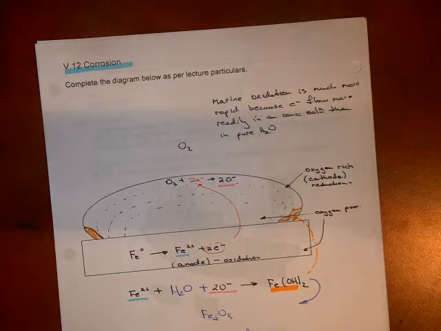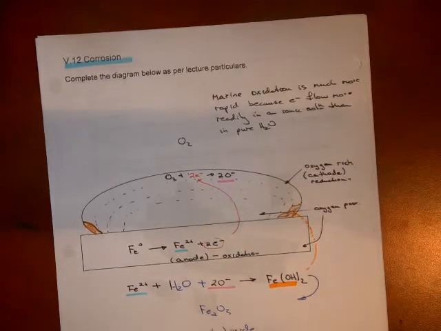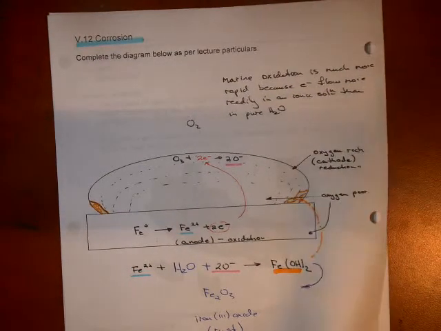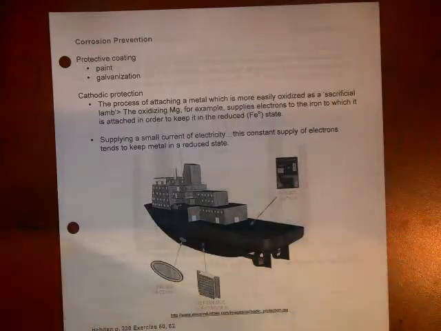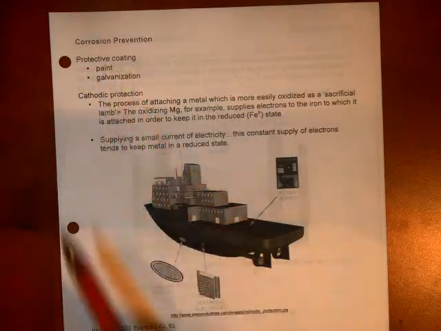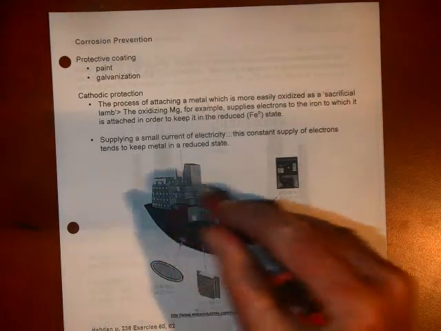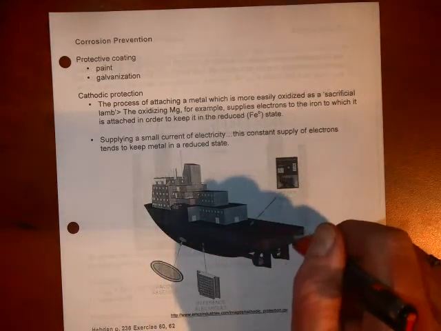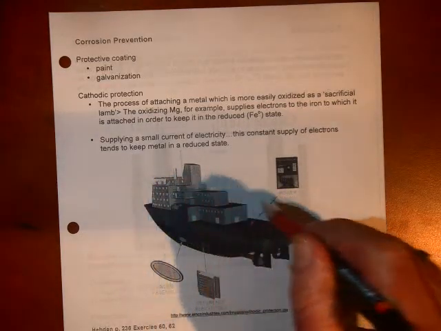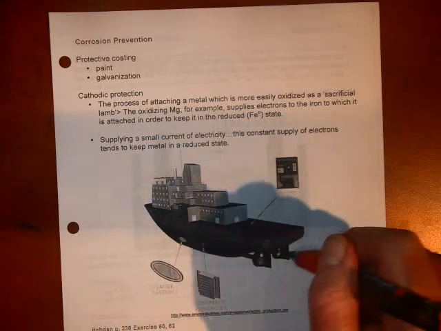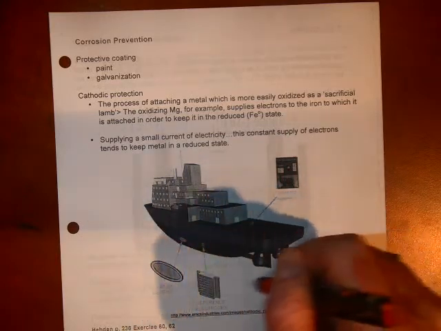Now, there are some ways that we use to battle corrosion, and that's over on the next page. As I said, painting. I've heard the anecdote that by the time the paint crew finishes painting its way around the hull of a ship, it's time to start again. So there's a constant recoating of